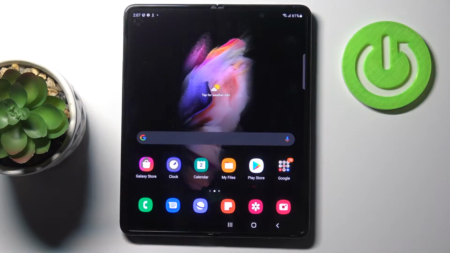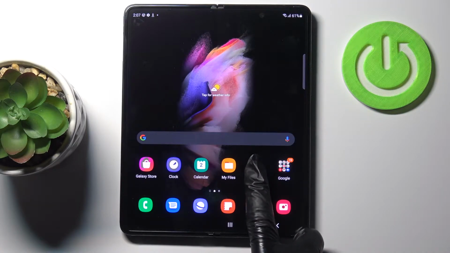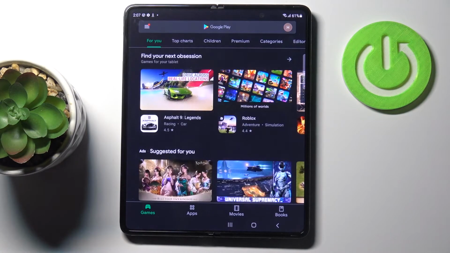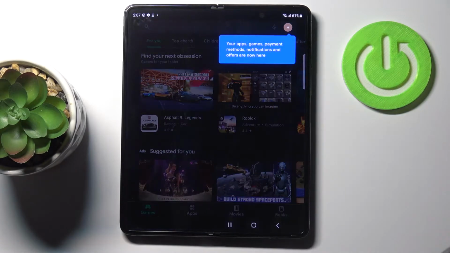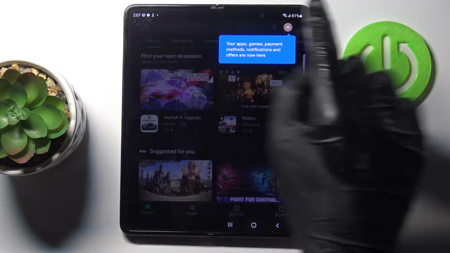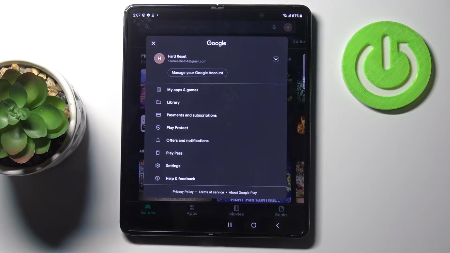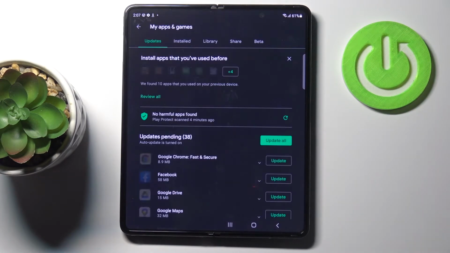In front of me is Samsung Galaxy Z Fold 3, and let me show you how to update applications on this phone. So at first you need to reach your Play Store, and then tap on More. And if it's not accessible here, just mark your account icon, tap on My Apps and Games, and here you